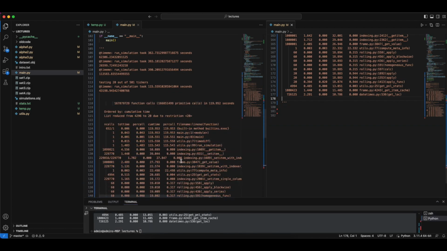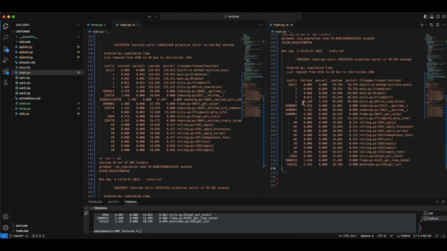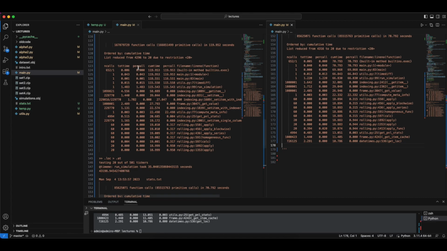So this is our first profiling, and this is after we changed the function calls. As you can see, the percentage of time that was originally spent inside this function, we're now saving about 20 seconds, and then we saved about 10 seconds. We're saving a significant amount of time. These are all from the same function call. So we're saving a significant amount of time by not using .log anymore. But still, we want to improve our code to run faster,